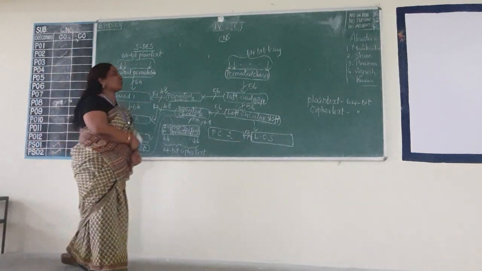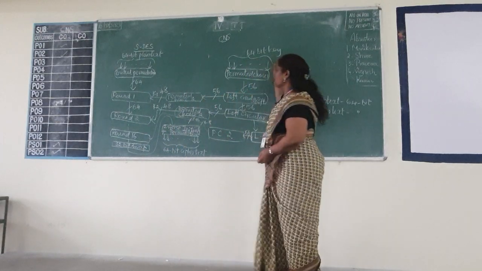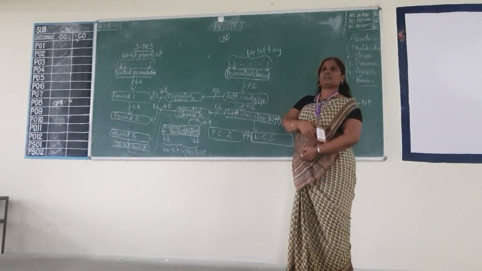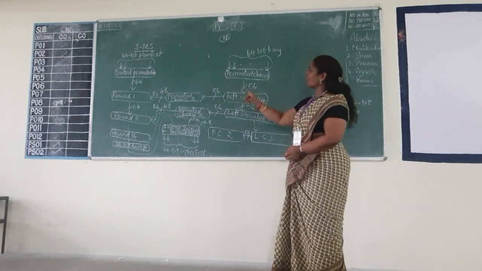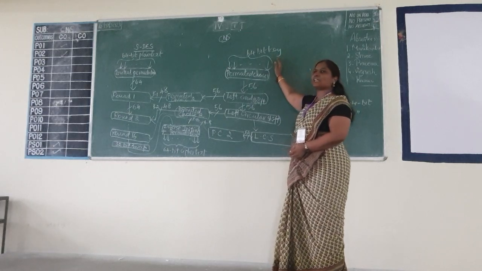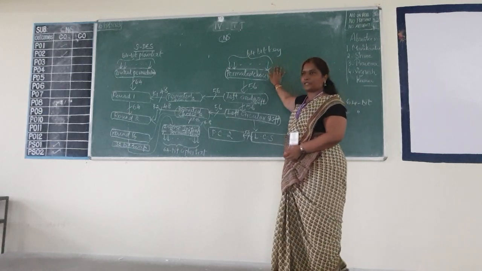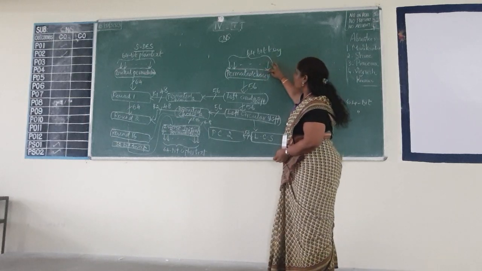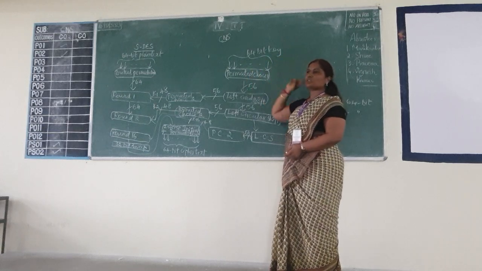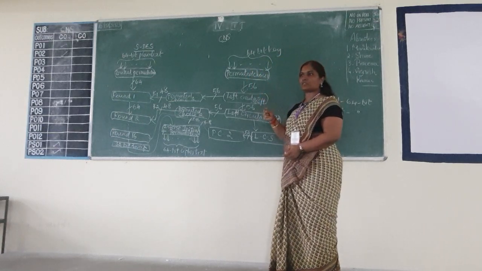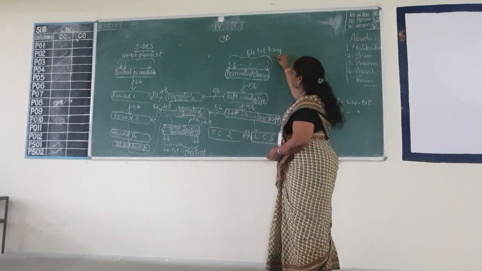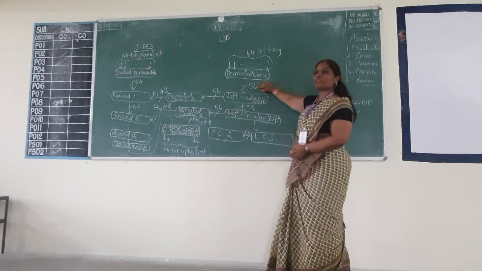For round 1, what are all the things we are doing? Round 1 takes the plain text as one input. The other input will be the key. Correct? The key is another input for any round function. Initially the key size is 64-bit. We perform a permutation, Permuted Choice 1, the first permutation. This permutation will shrink the size of the key, that is, reduce the number of bits in the key. From 64-bit it is converted to 56-bit.